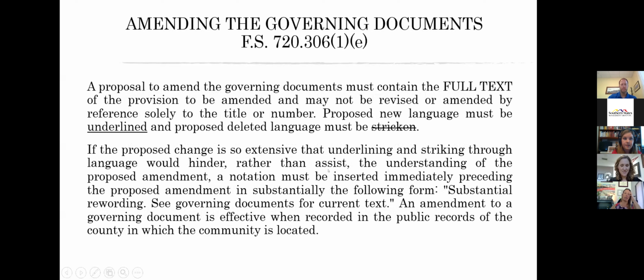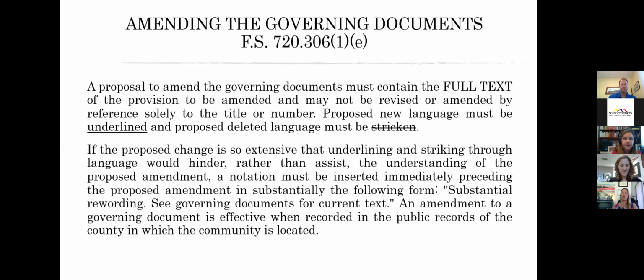When you propose to amend the documents, you want to send those to your members so that they can see what it is that's being proposed. And by statute, you need to do that in a fashion that allows owners to really see what the changes are. The declaration is a big document, and it can be confusing. When you're on the board, you become very familiar with these documents, but your average owner who's not on the board, hopefully they read the declaration before they purchased, but many do not, unfortunately.